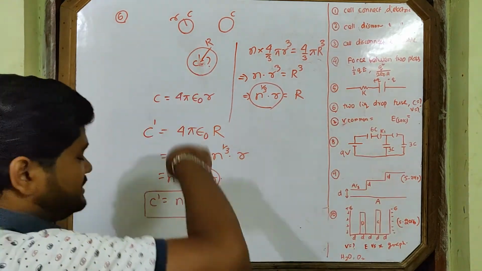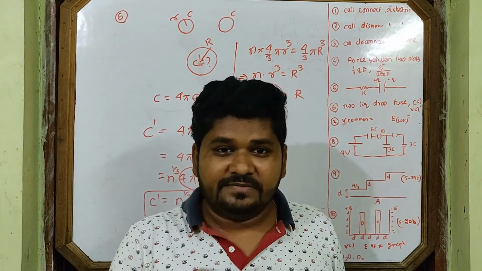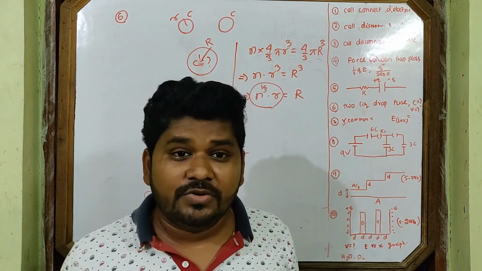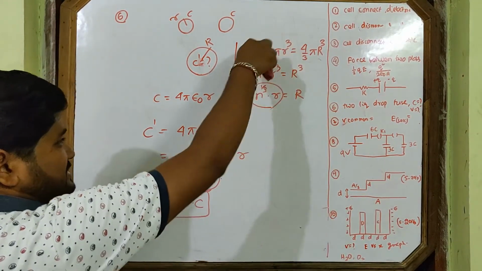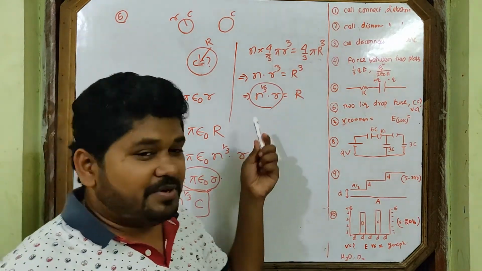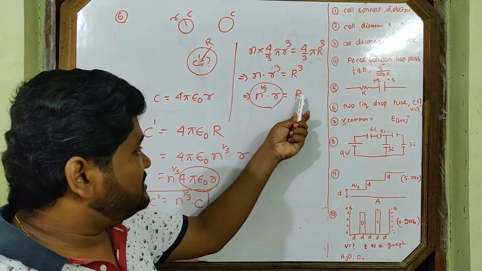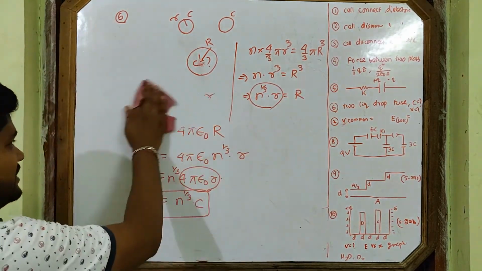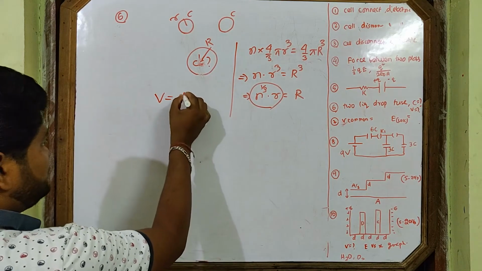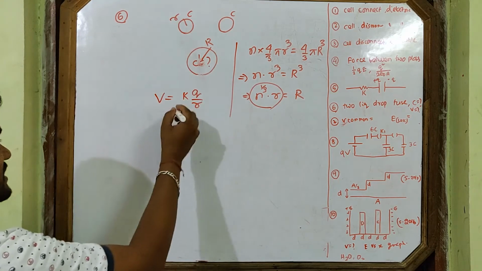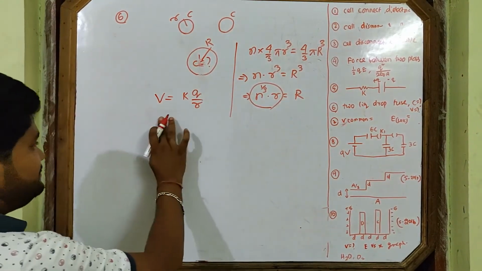In that question also, the question may ask like this: 2 liquid drops, each of potential V. If they fuse, what is the new potential? What is the new potential now if they fuse? This is required everywhere, also in fluids you have done it. This is common in all these questions: volume, and the relation between capital R and small r. So here only potential is new. Potential V is equal to KQ by R, as it behaves like a spherical conductor. Okay, liquid drop, KQ by R, V.